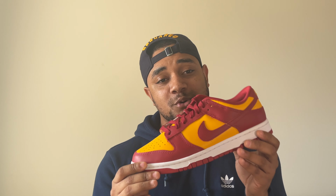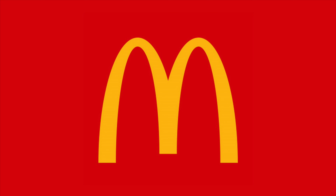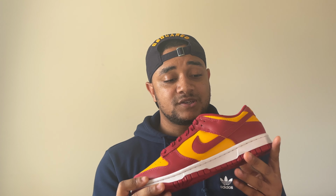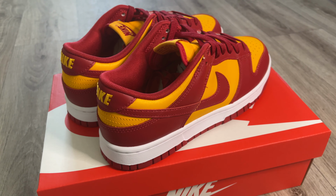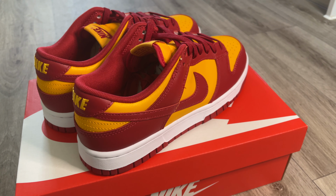So this colorway, very interesting. I see a lot of people calling these the McDonald's because they resemble the McDonald's logo. That's probably where they got the inspiration from, and I do think this is one of the better colorways to drop this year. We've seen some really nice colorways, we've seen some awful ones, but this is one of the better ones. I do really like this colorway, but I think that's literally the only good thing about this shoe,